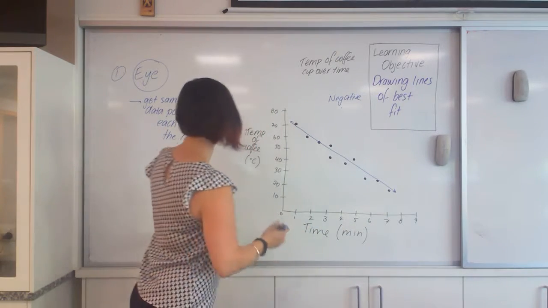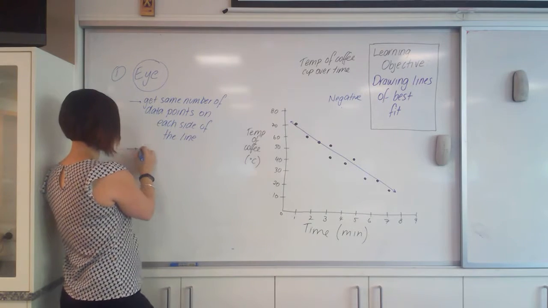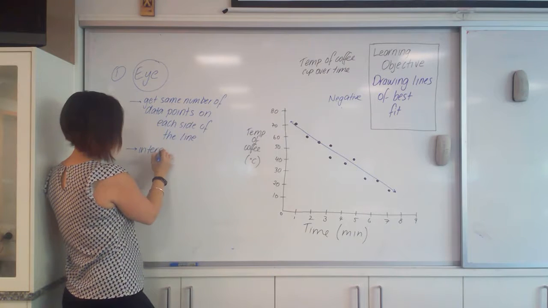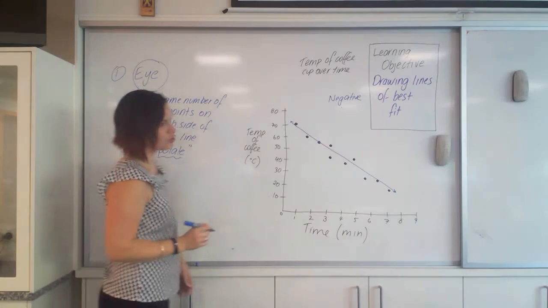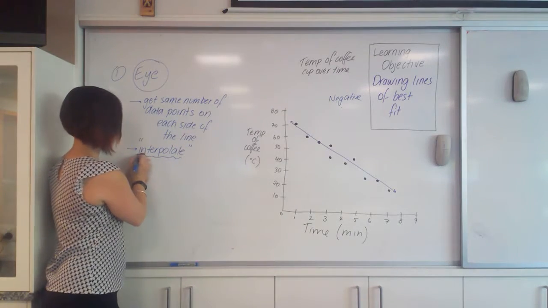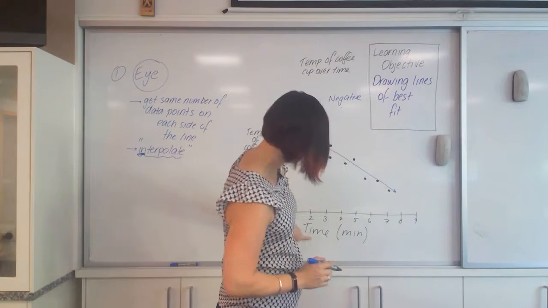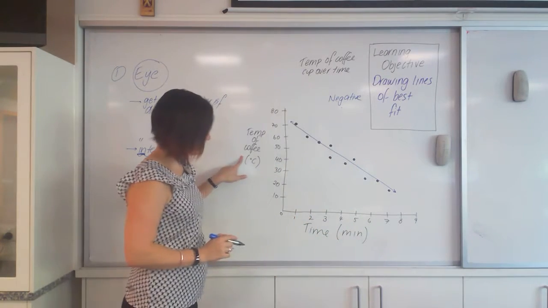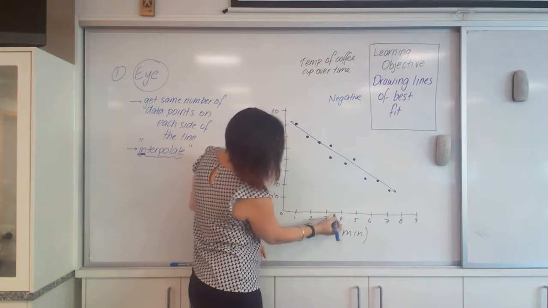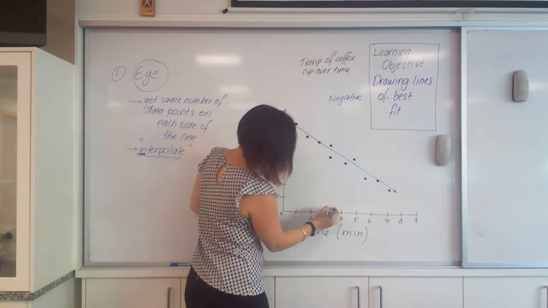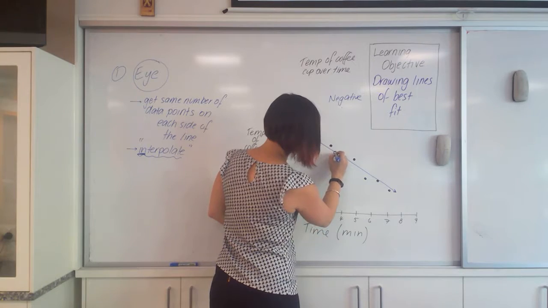So what I mean by that is, if I make a prediction, say the word is interpolate. Interpolate means to choose data from inside the line. That's why the IN is in there. I could ask you approximately what was the temperature of the coffee cup at time 3.5 minutes. So you would say, okay, here's 3.5. I would carry on up. I would meet my line, and it would be approximately